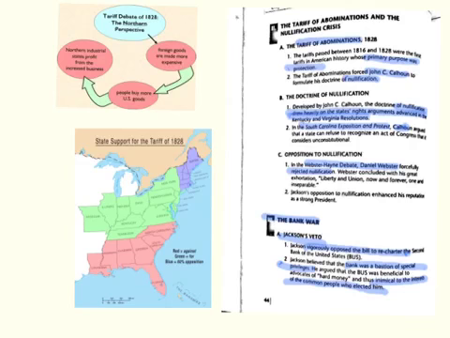The next thing we're going to look at is the Bank War, and basically it boils down to Jackson's veto of the recharter of the National Bank, or the Second Bank of the United States. Now, as we looked in that chart earlier, Jackson and Jefferson were both opposed to the National Bank, but on different perspectives. Jackson wants to get rid of it because he believes it's, quote, a bastion of special privileges, or it's for the benefit of rich East Coast bankers and manufacturers at the expense of the common man from the South and the West, so he wants to get rid of it.